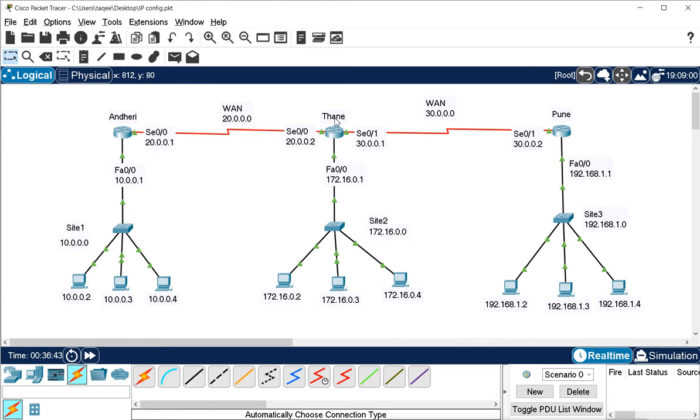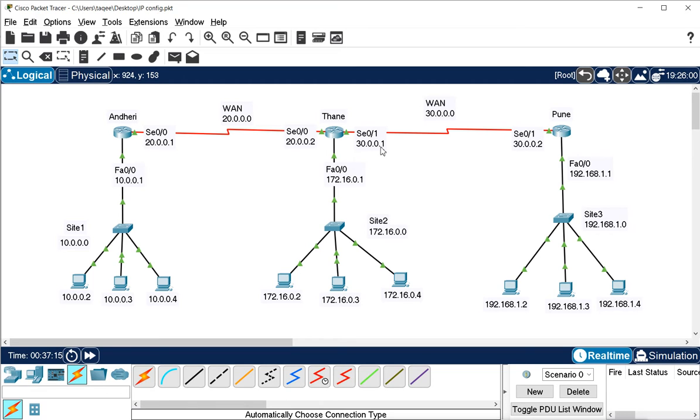Now when you want to enter the router, this is the first interface you have. Without this interface you cannot enter the router from this side. If you are coming from this side, you will enter from the FastEthernet port; if you are coming from this side, you will enter from serial 0/1. So this first station is your first hop, and the interface you use to enter the router is serial 0/1, and the IP address of that interface is 30.0.0.1.